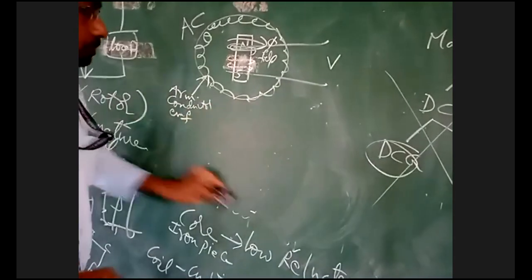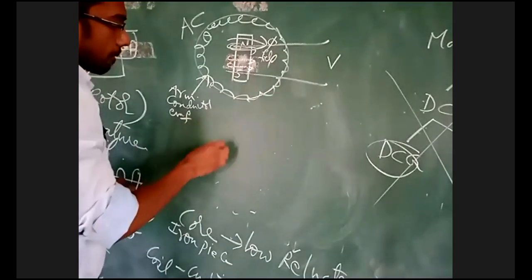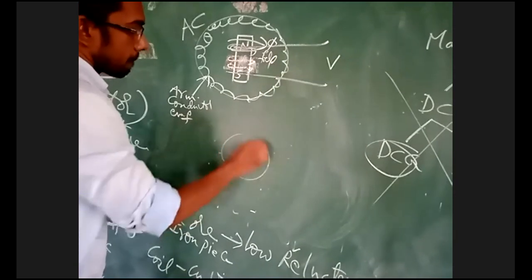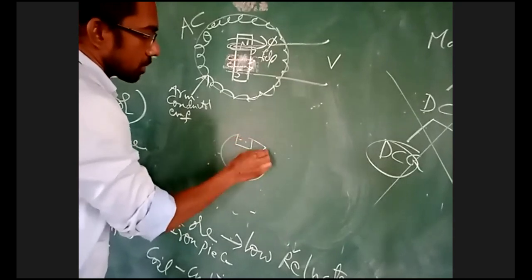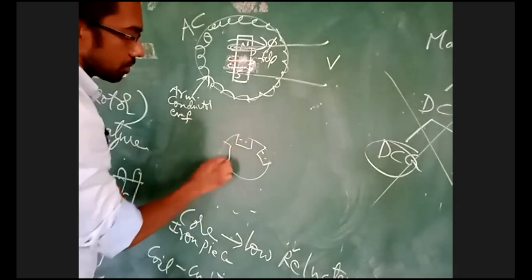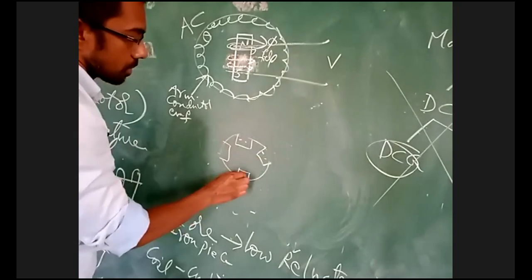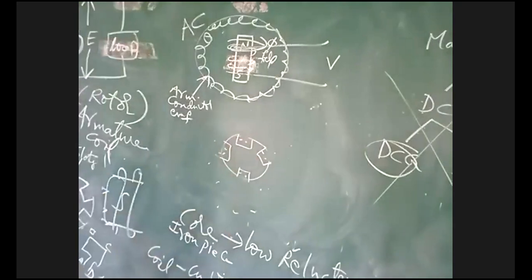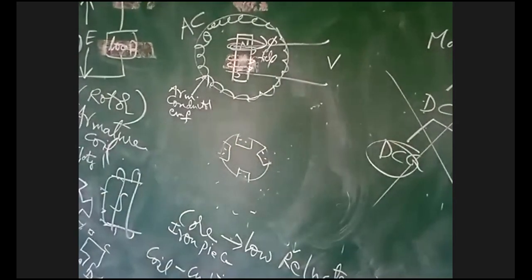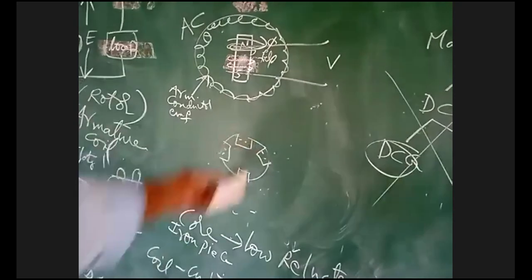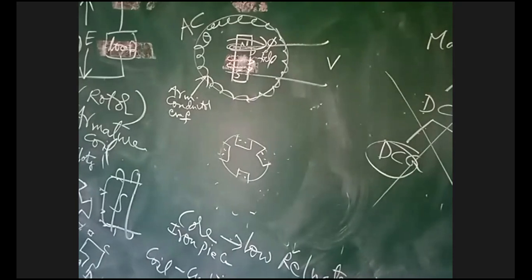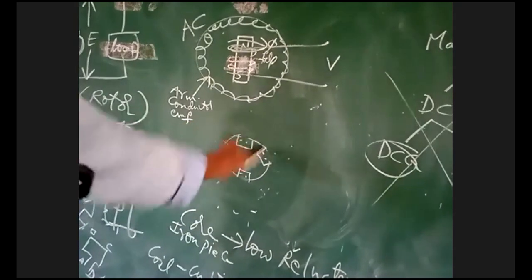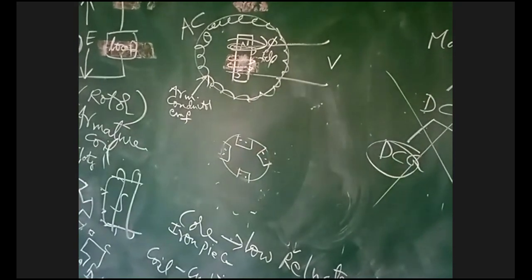Listen here. See on the diagram what I have drawn. This is the circular cylindrical core. Why are you punching the slots in the iron piece? Because we are punching the slots. In the slots, what have you placed?